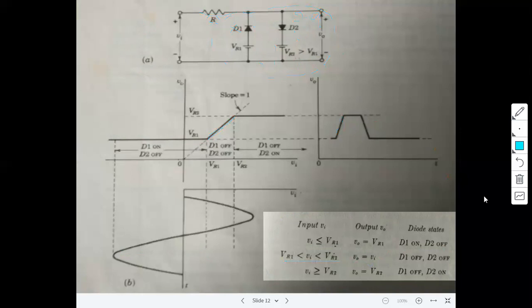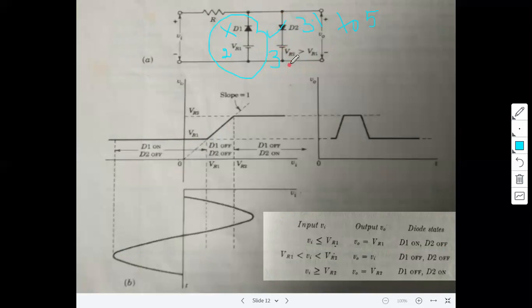And coming to the third case, when Vi is greater than VR2. So these are the levels. This is 2 volts, this is 3 volts. Now the condition is 3.1 to 5 volts. Now here this is 3.1, so diode D1 off. 3.1, here it is 3, so anode greater than cathode, diode D2 on. So this branch does not exist here. Now it is a single level clipper. This becomes a single level clipper circuit.